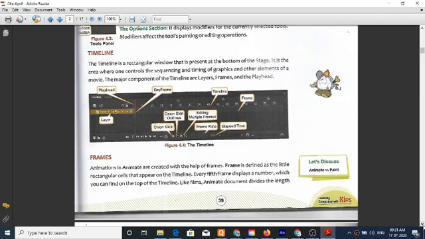Playhead indicates the present situation of videos, movies, and animations, and it indicates the running stage of movies.